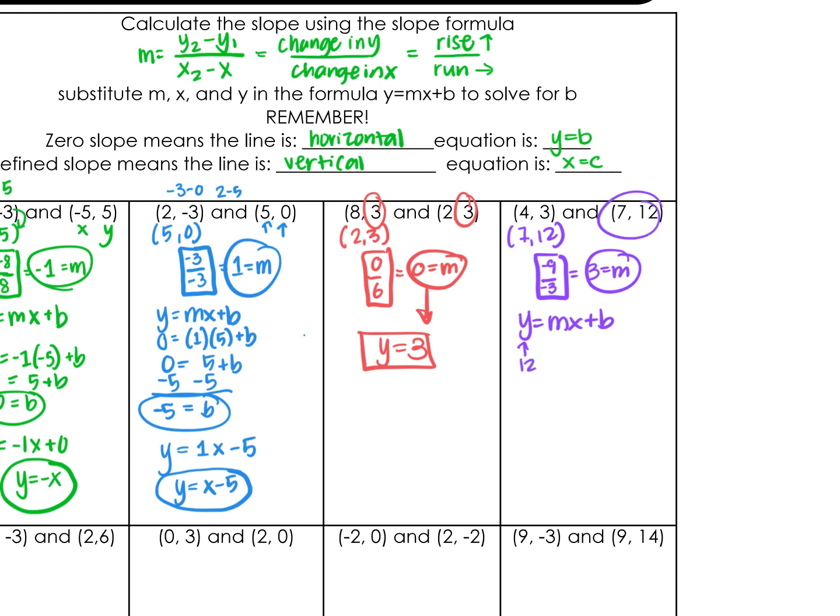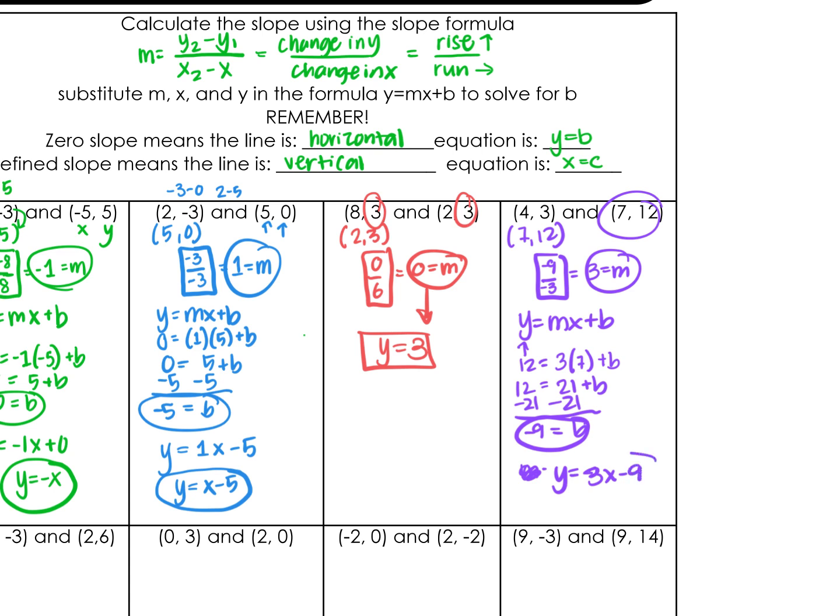So I'm going to put in 12. My slope is 3. My x value is 7 plus b. So I simplify, and I get 21 plus b equals 12. I take away my 21 from both sides, and b equals -9. I have enough information to write my equation, so I have y equals 3x